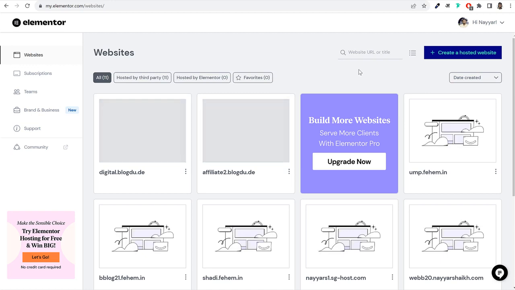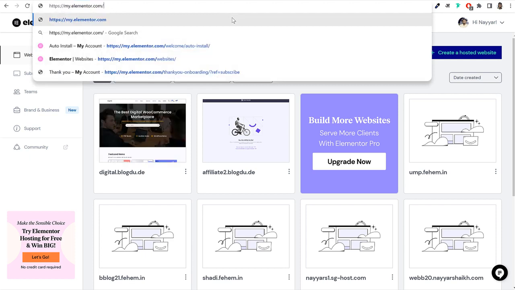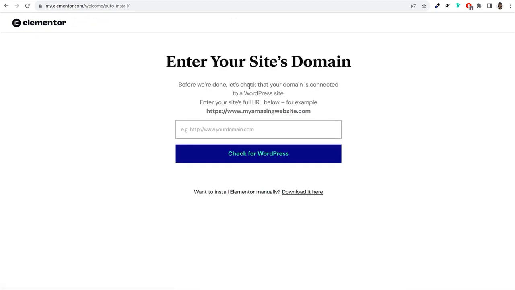And we have to now use the free version. So to download the free version, you will see a URL bar. Right now it says my.elementor.com/websites. Remove websites and type in my.elementor.com/welcome/auto-install. Once you do this, you will see this page, and over here you will see want to install